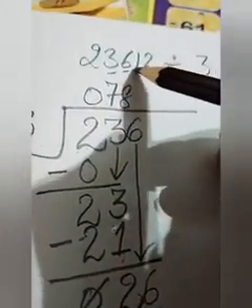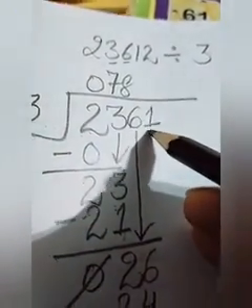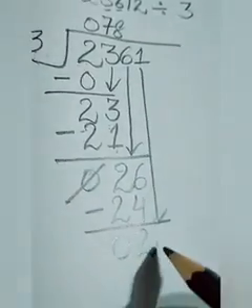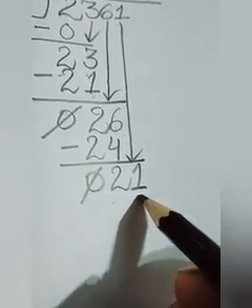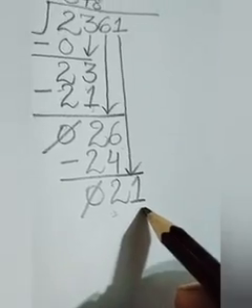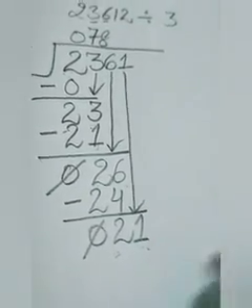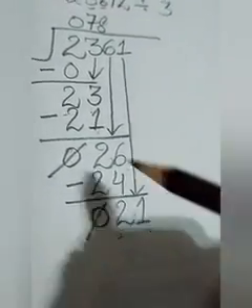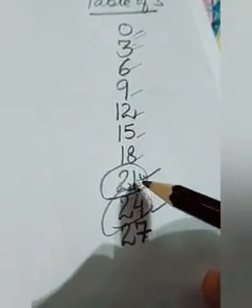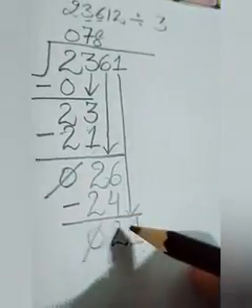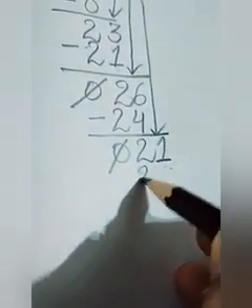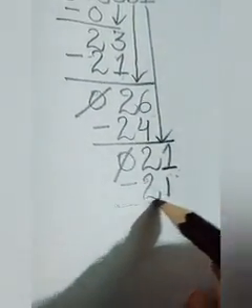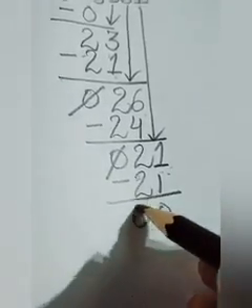Now we will move to next digit, that is 1. We will write here, and this will be brought downside, that is 1. This 0 we will ignore, and it has become 21. Now we have to write here under 21 the number from the table of 3, because 21 is to be divided by 3, and in the table you can see 21 is present. 21 is there. So we will write 21 under 21. 3 sevens the 21. Yes, now when we will do minus, we will get 0 only.